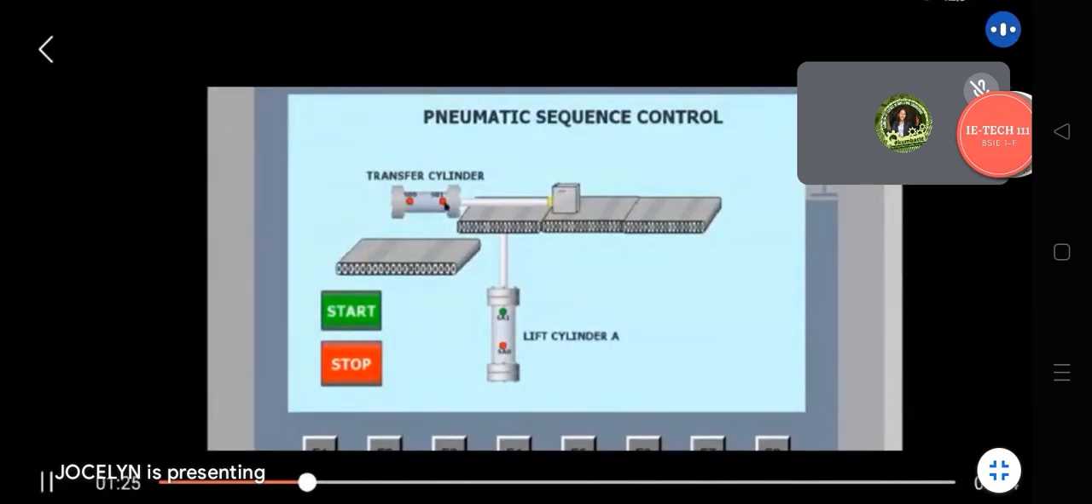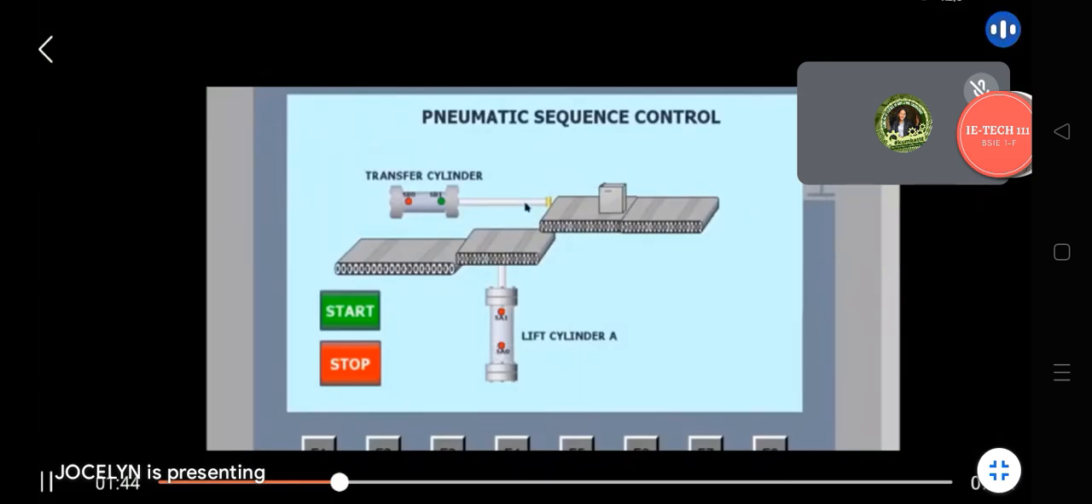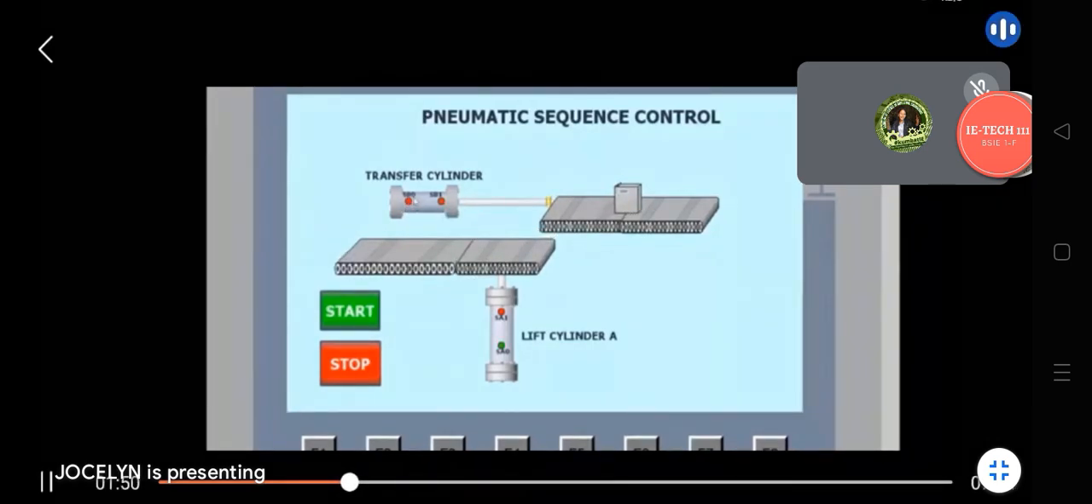A minus here. So A minus, and after that, once it is already on the conveyor below, once it is already in the A minus start, it completes the retraction of cylinder A. After that, it will do the B minus, or the transfer cylinder, to retract. Okay, so